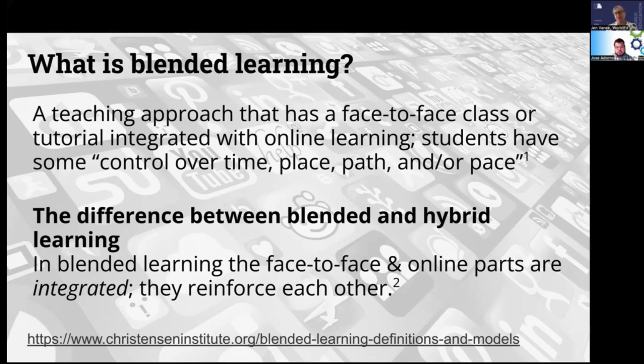And one of the models they looked for was blended learning. And they wanted to enrich or make sure that this definition of blended learning actually reflects what's happening in adult ed classrooms. And so we tag on this component from the Murphy research that in blended learning the face-to-face and the online components are integrated and they reinforce each other,